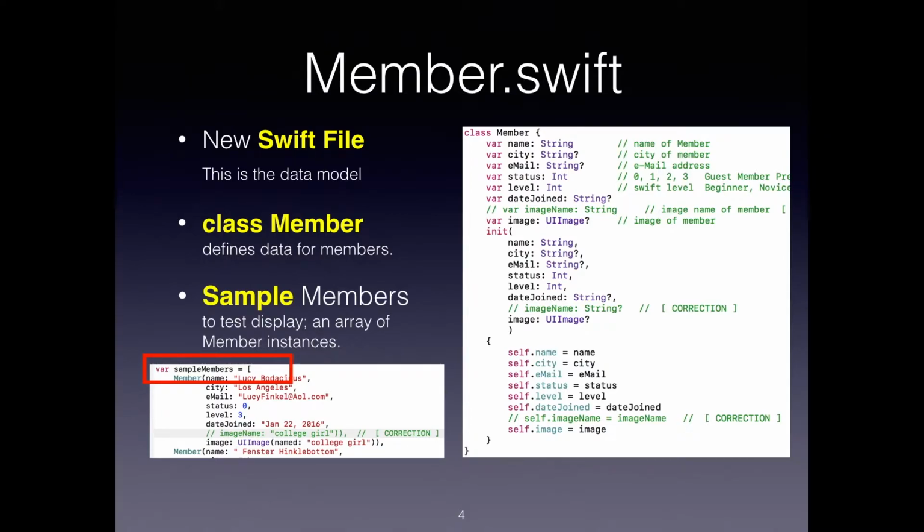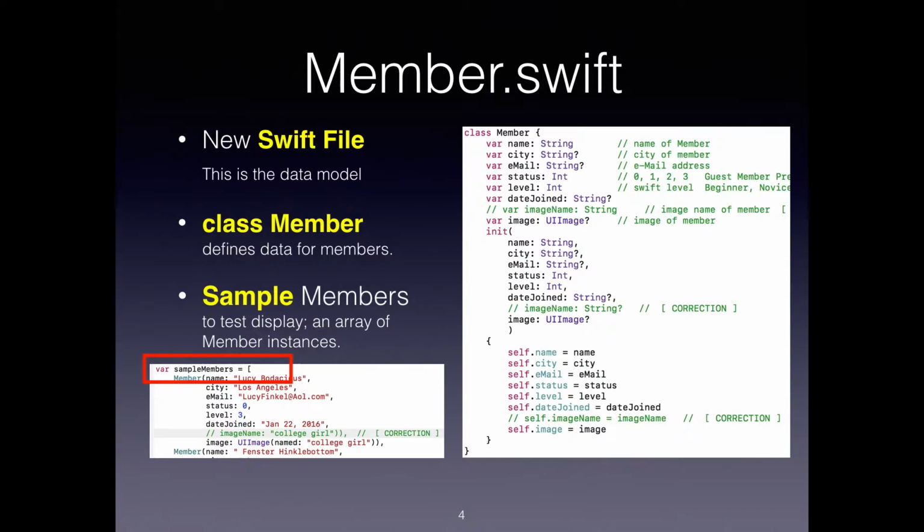An array is essentially, a member is a class, and if you say let X be of type class member, then X has got all of these things. It's got a name, it's got a city, an email, and so on. So it's got all of these properties, and